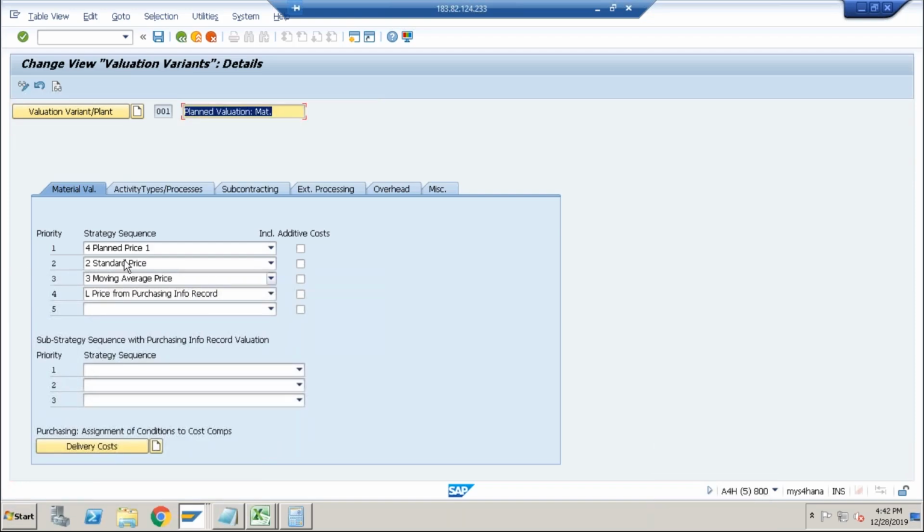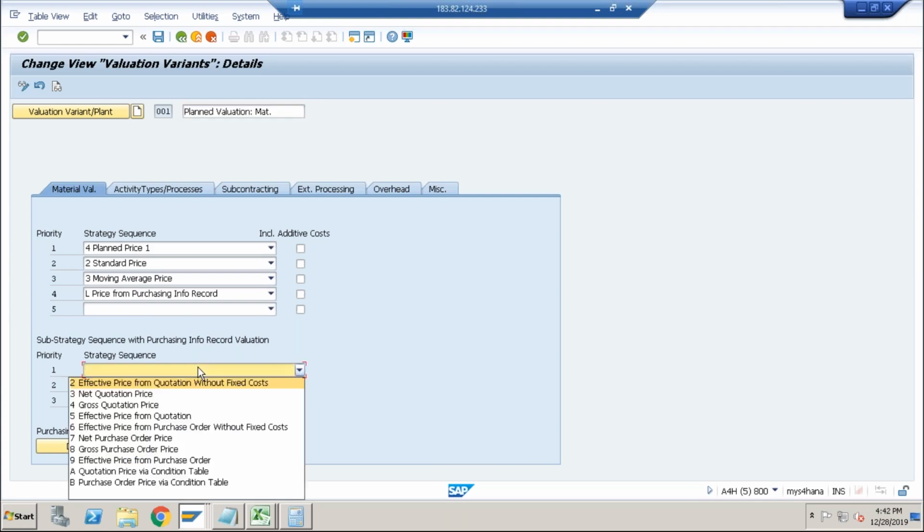So now what will the system do? The system will first try if there is a plant price. No, no problem. Go to the standard price. Again, no. Go to the moving average price. Even no, then it will go to the purchase info record. And from the purchase info record, which price to take? I think it would be